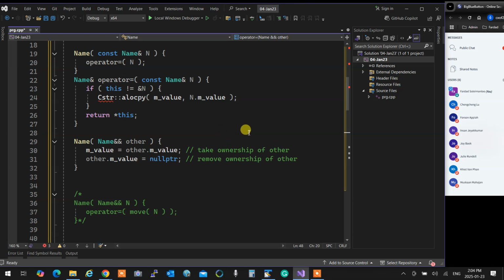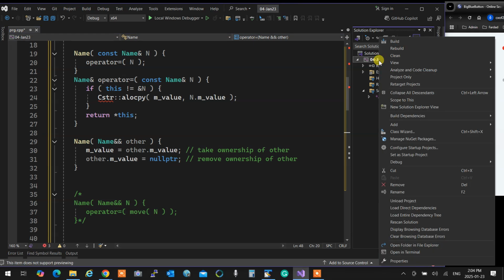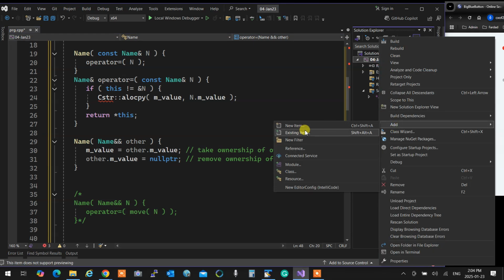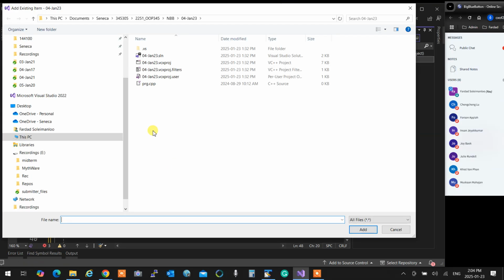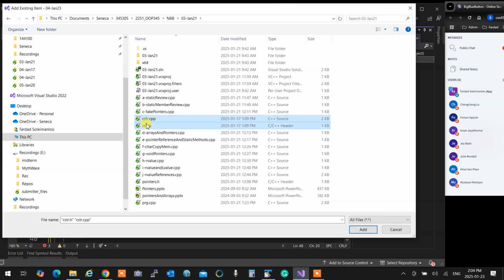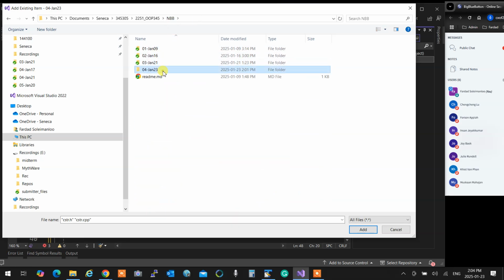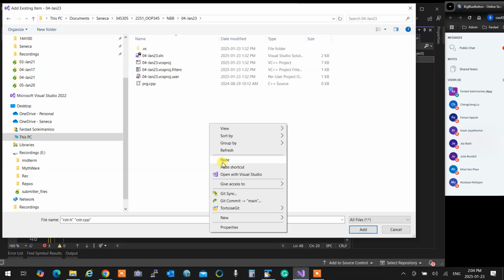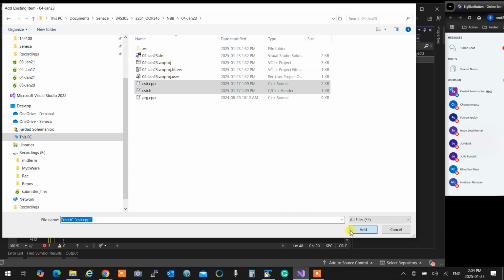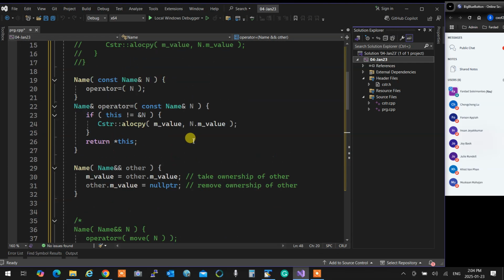All right. So no, I need to bring C string over here too. Give me a second. Let me bring it from the last thing. Add existing item. Okay, so